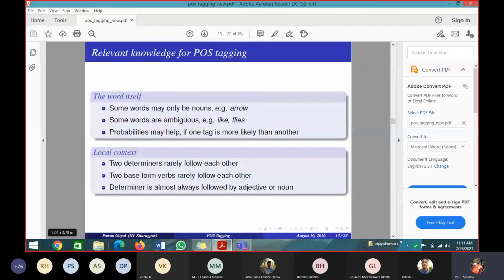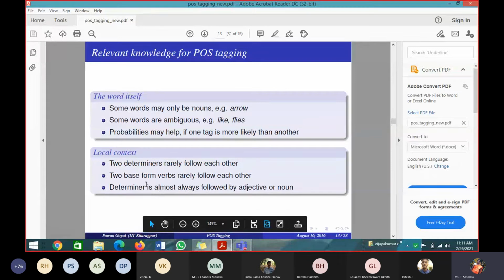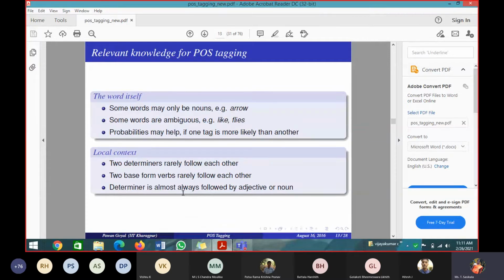Second one, local context. At minimum we should know what each word is actually called. These terms we have learned in morphology. This knowledge we also want. All this we can put in a single term. What is that term called? Functional words? No.